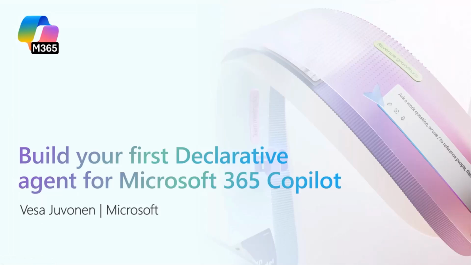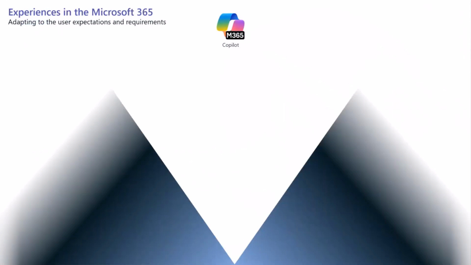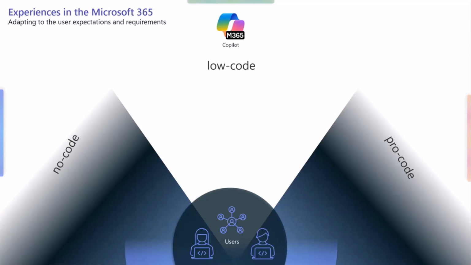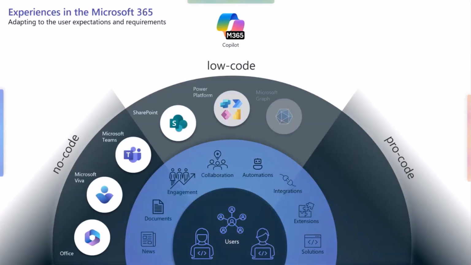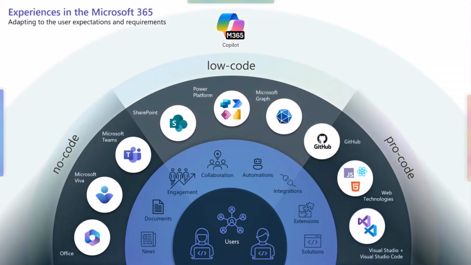But before we go there, I wanted to talk a bit about the positioning of all of this. Of course, Microsoft 365 Copilot is the overarching Copilot across all of the different capabilities, and you can build extensibility for Microsoft 365 Copilot in multiple different ways. You can also surface your extensibility in multiple different locations and options within Microsoft 365.